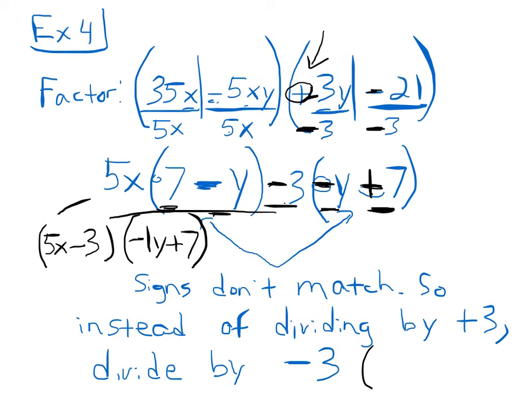So the key on this one, the tricky part, was that instead of dividing by a positive 3, we had to notice that our signs were different between these two. And again, you don't have to do this, I'm just showing you. Our signs were different, so instead of dividing by a positive 3, we should have divided by a negative 3. Okay? And then the check